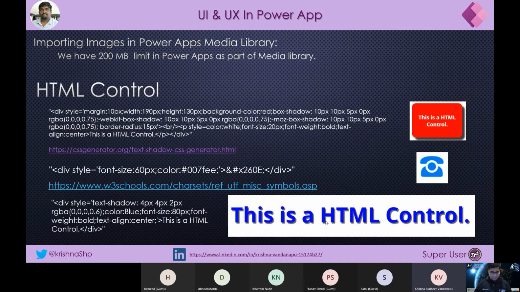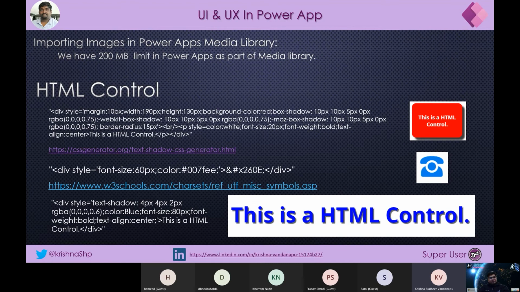And the next one is use the HTML control. Why am I saying use the HTML control? When we want to show some images or funky shadows and a customized view, what we always do is create an image online and incorporate that image as part of the app. But we have a limit of 200 MB at the media library level.